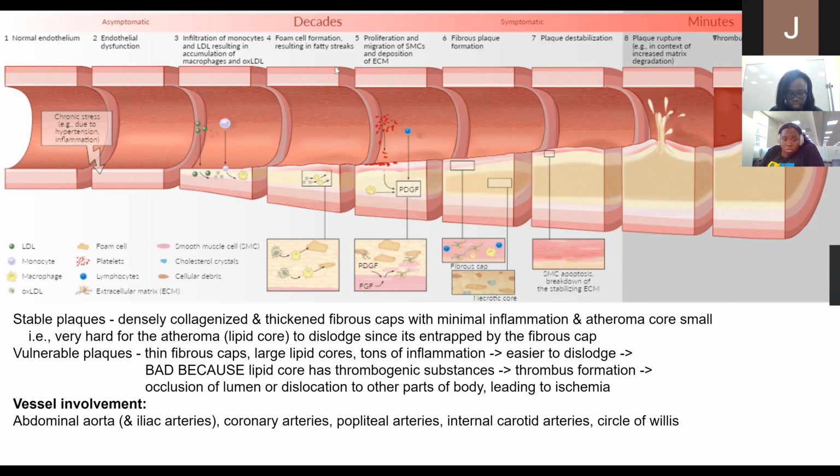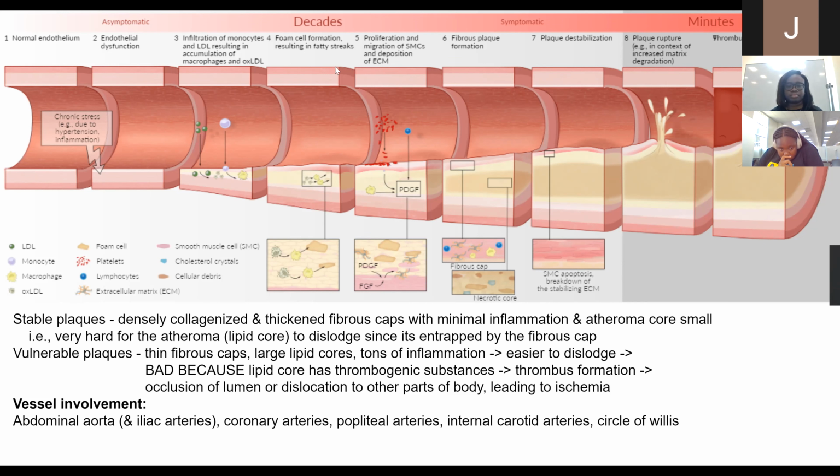A stable plaque has a ton of collagen and a thickened fibrous cap. Basically, you have really thick material and then you have a tiny atheroma being blocked off from the lumen. Yes, you're still going to have turbulent blood flow, but that atheroma is so small that even if it were to burst, it wouldn't really cause that big of a thrombus, because it's smaller compared to your vulnerable plaque where